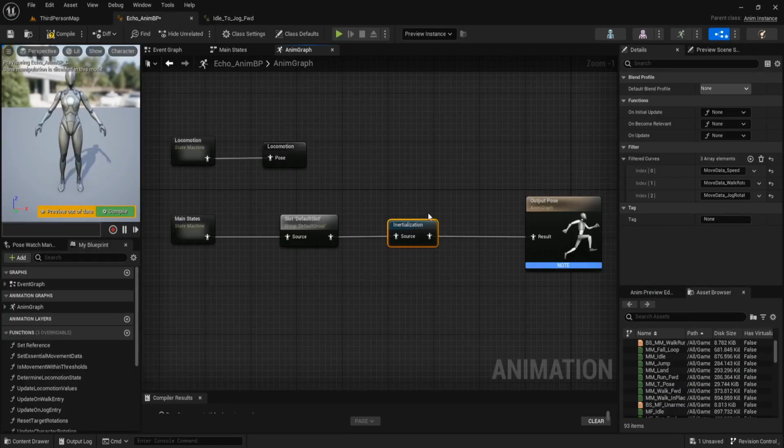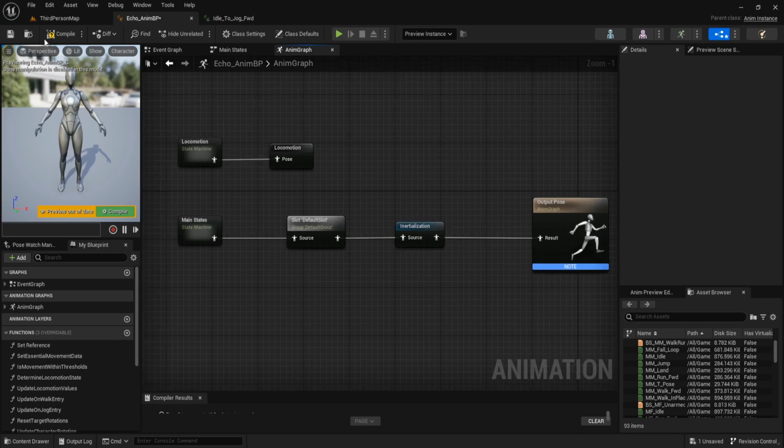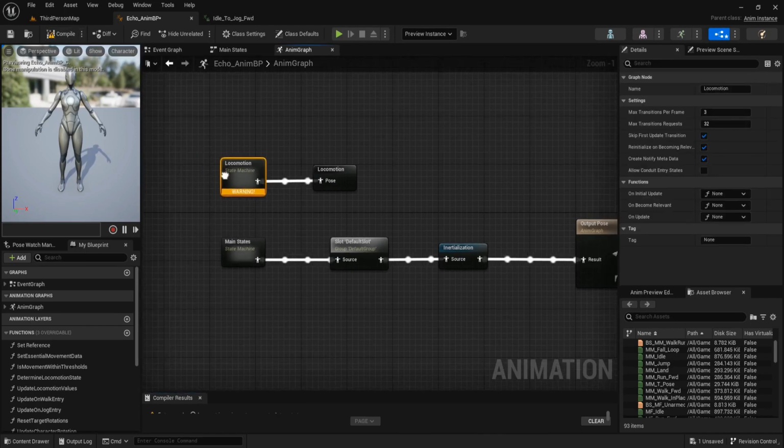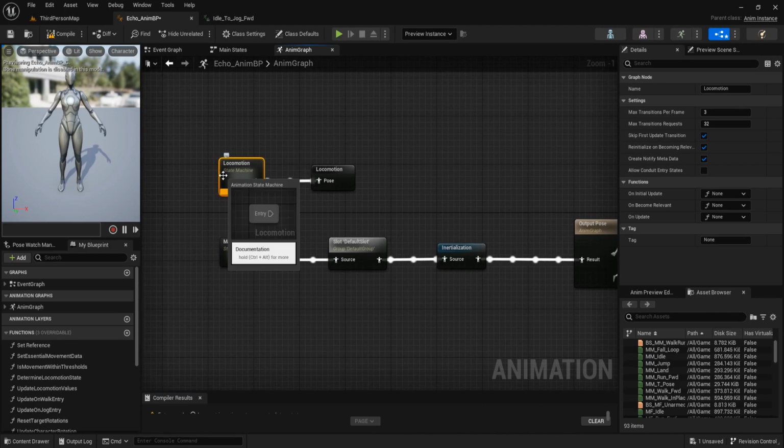This initialization can be used where the animation velocity and the acceleration occur at the time of the switch to a new animation. They carry forward the motion. We can compile, and we get a warning because this locomotion does not yet have the animation inside it.